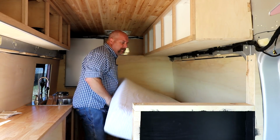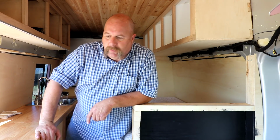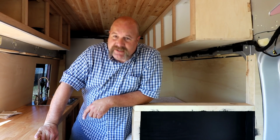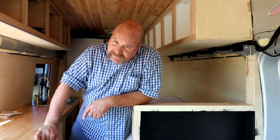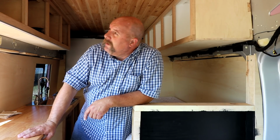As you can see, I'm hobbling around. Everybody who's been watching a couple of videos ago, I was talking about how I threw my back out. It was so sore, and it's still sore. It's not as bad as it was. I've been to the chiropractor a couple times, and he's kind of adjusted and helped it. Not fixed it, but helped it. So that's where I'm at